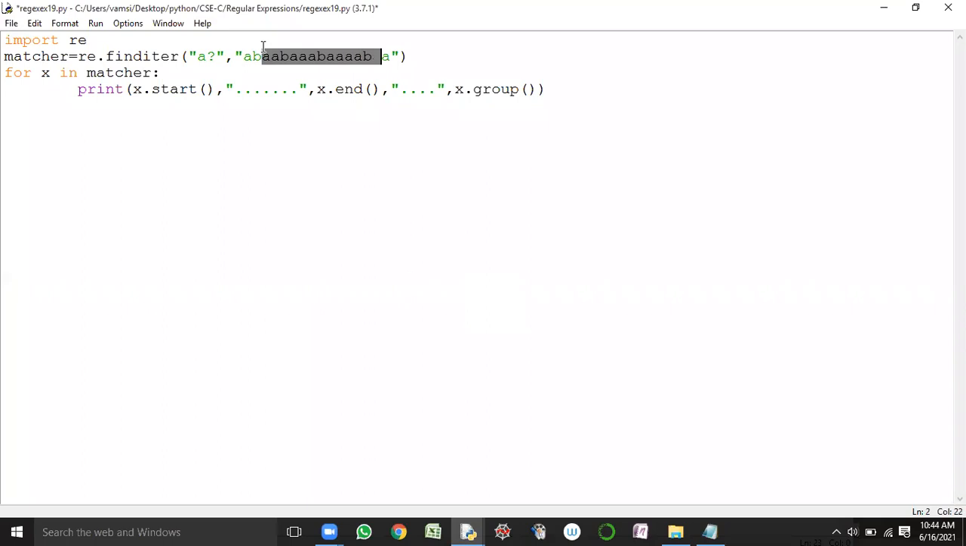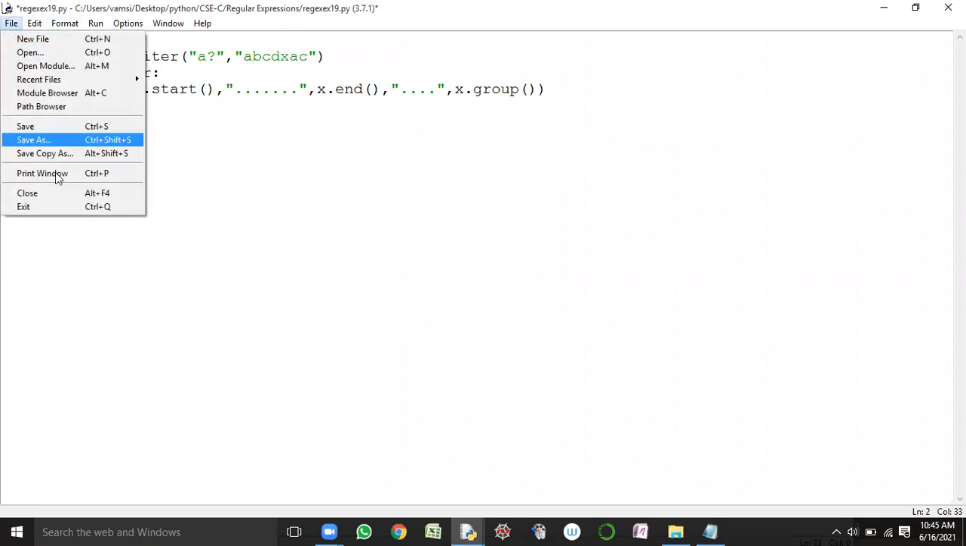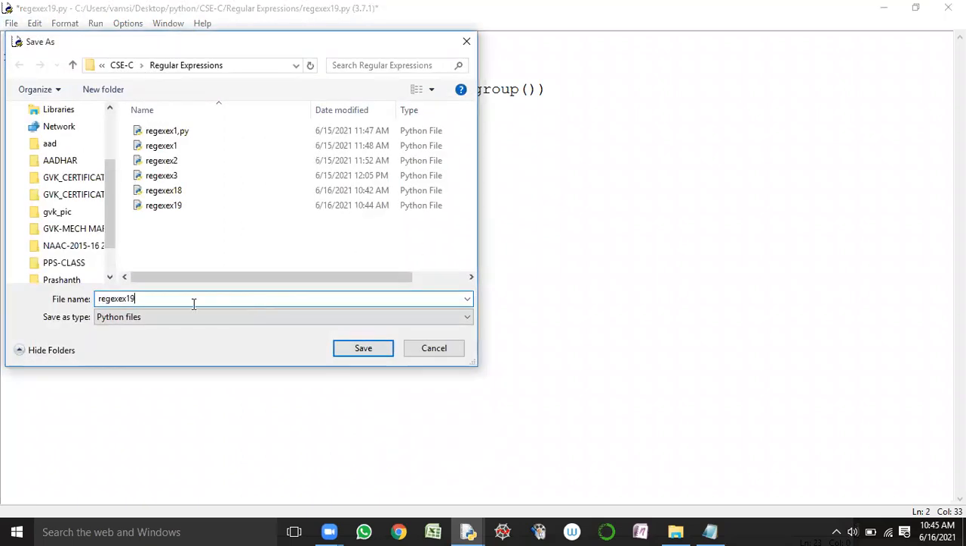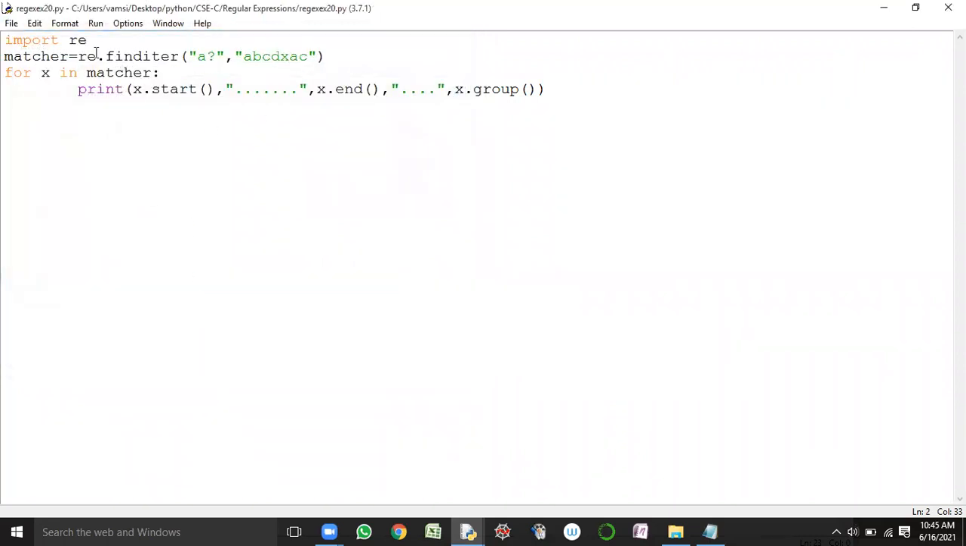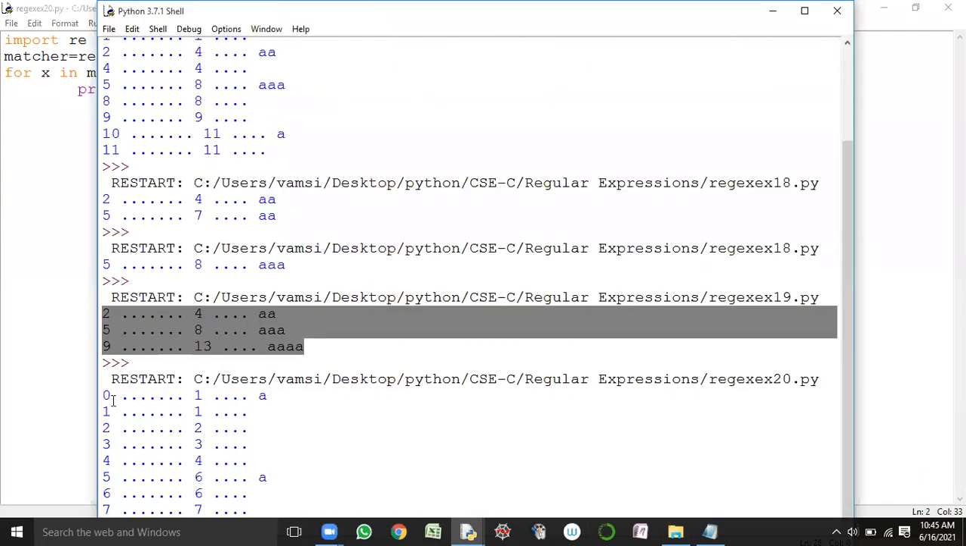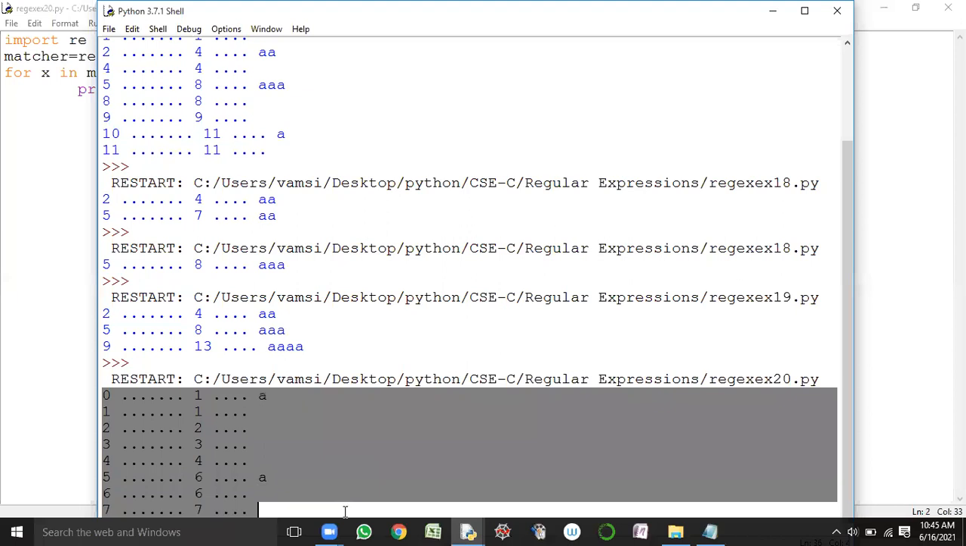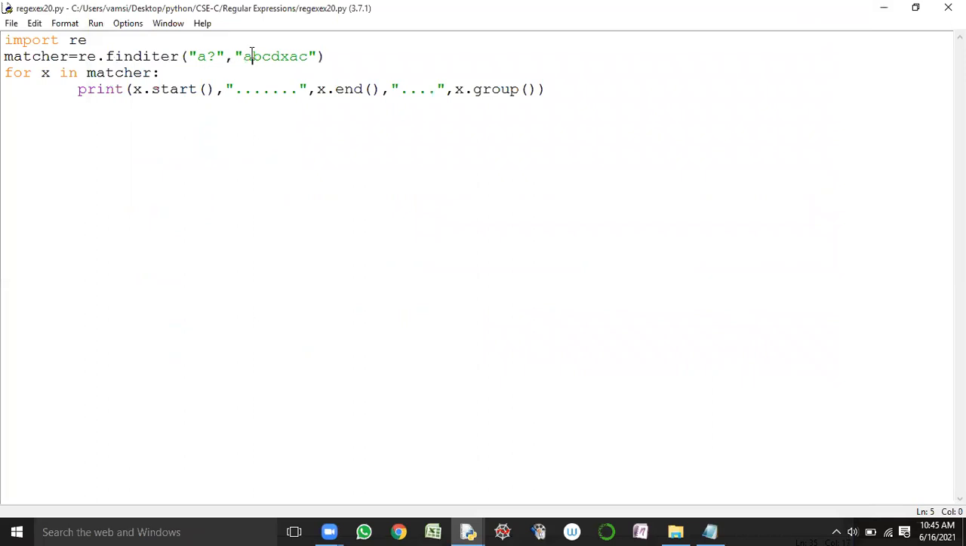Okay. So consider the string as follows: A, B, C, D, X, A, D. Save the code. 20. If I'm executing the program, see here, 0 or 1 A. So for 0 number of A's, that means for this particular character, for B, it is considered